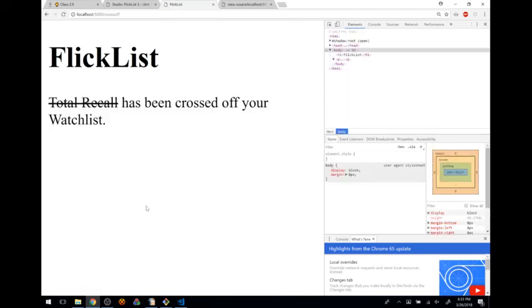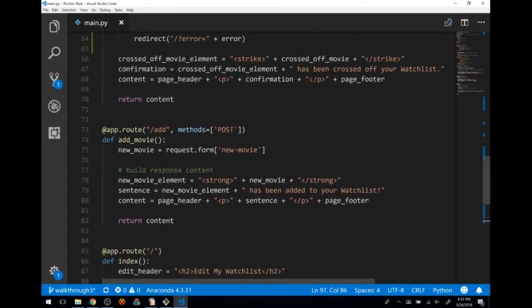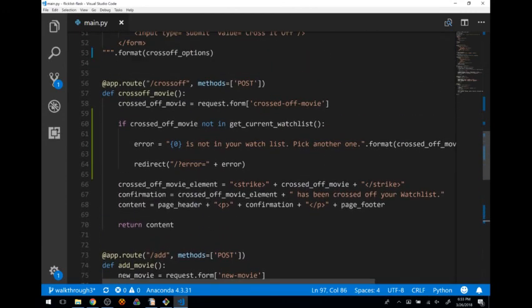Click the button. Uh-oh, we screwed up. All right, let's figure out what went wrong. That's okay. Shouldn't have done that, but let's figure out what went wrong. Clearly something is off. So let's figure it out. I didn't get off of this cross-off page, so I know that the error is somewhere on my cross-off. It has to be somewhere in there, right? So let's go back and take a look at the cross-off method and see if we can figure out what